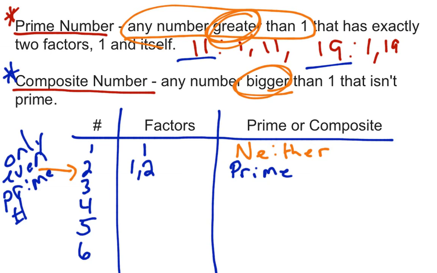So that's the only even prime number that there is. Okay, factors of the number 3: 1 and 3, which again makes that prime. Okay, the number 4. I have 1 and 4 as